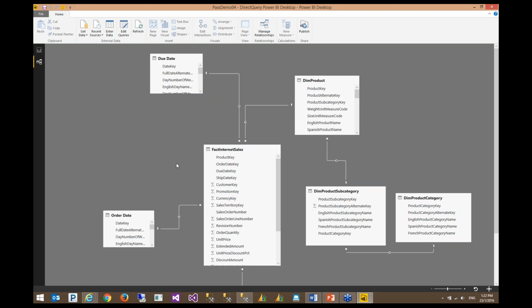But a very important point that I need to make is that it is a direct query mode, so Power BI Desktop is unable to identify the relationships automatically. You need to create all the relationships manually.